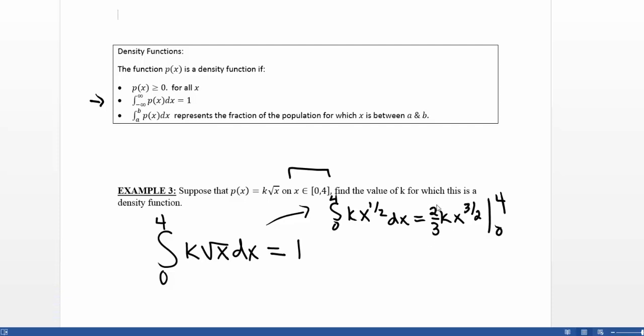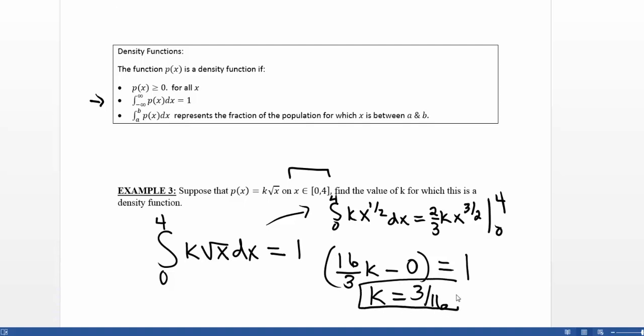So that 8 is going to be combined with the 2/3 to give me 16/3 k minus, now if I plug in the lower bound of 0, I get 0. And I know that since it's a density function, that has to equal 1. So now, if I want to solve for k, I'm going to need to multiply by the reciprocal of the fraction that's in front of k to get rid of it. So I multiply both sides by 3/16, and I get k equals